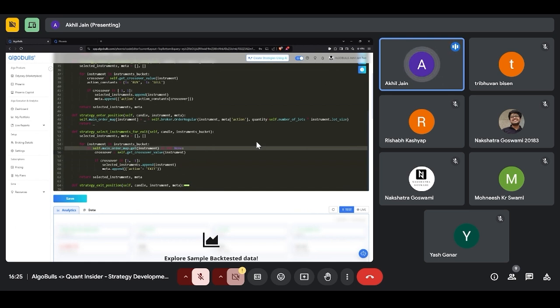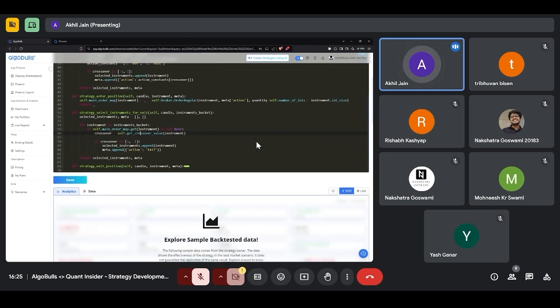If I have a particular order for it, then I know that I want to check whether I can exit it right now or not because of a reversal signal. So if above I was thinking that the crossover was 1, then right now I'm thinking whether the crossover is -1 for some reason. And then because of that, I'm going to try to select it for exit. All right. So this is an exact copy of the entry with a single extra line wherein I'm just checking whether I have an order for it or not. Otherwise, I want to save the compute. That's the only part here.